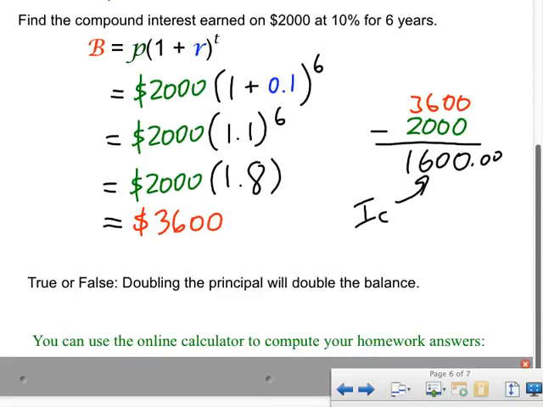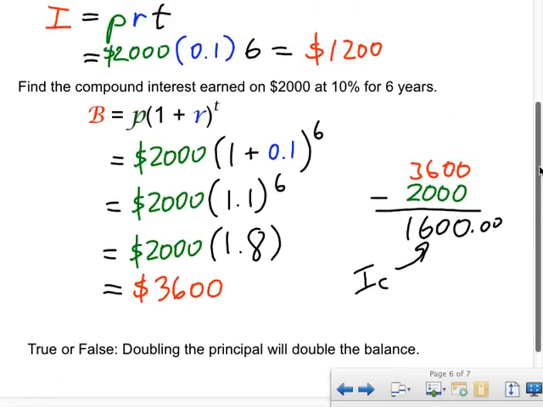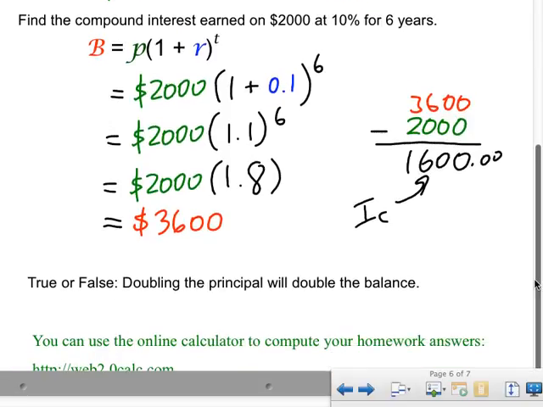Now, something I want you guys to take a look. True or false? Doubling the principal will double the balance. Will doubling the principal double the balance? Look, if this part doesn't change and I double the principal, will it double the balance? That is true. Okay, in the